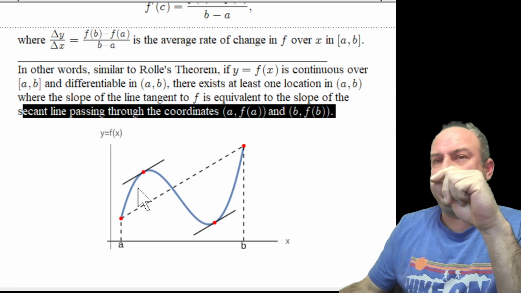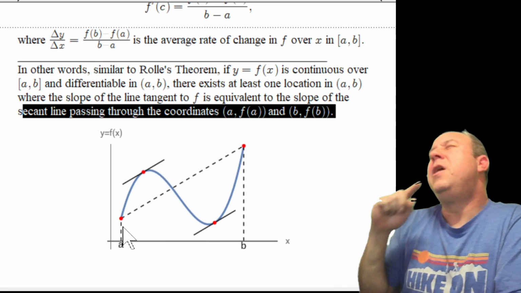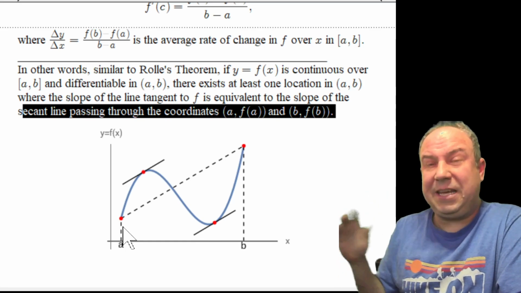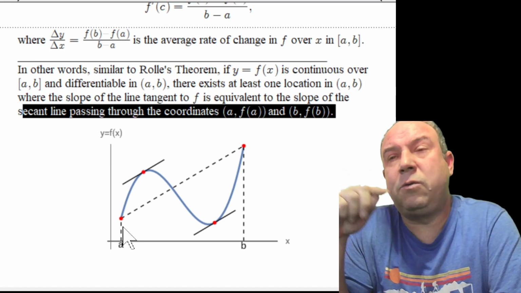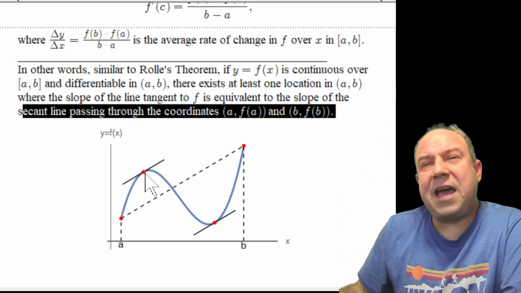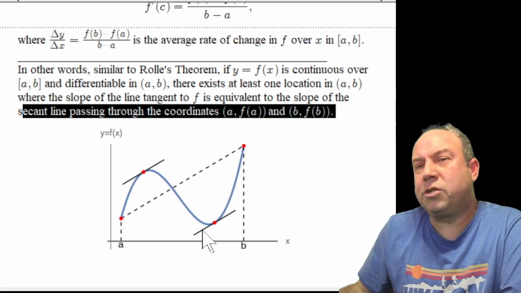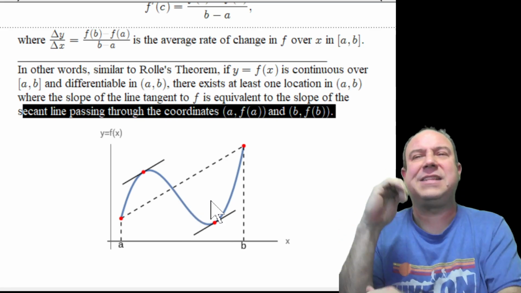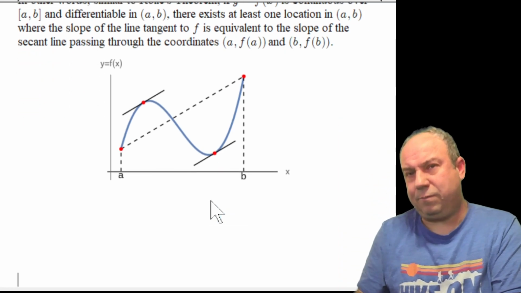Because our function is both continuous and differentiable between these two endpoints, there's going to be at least one value of x equal to c in between a and b, where the slope of the line tangent to the curve will equal the slope of that secant line, where we'll see this parallel behavior. And we see that here for this portion of the curve, and we see it down here for this portion of the curve, which again is illustrating the case for above and below that secant line. Now, if we want to prove this scenario,